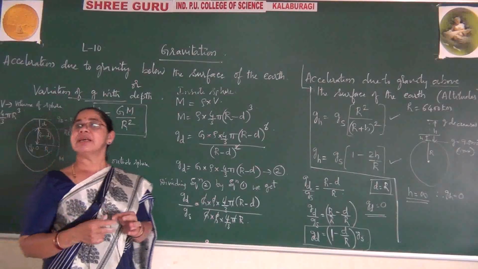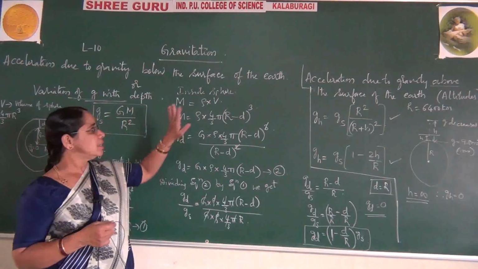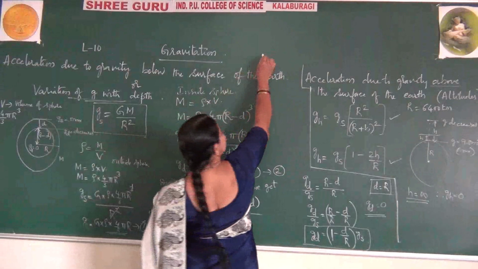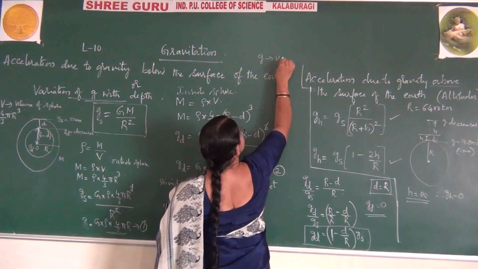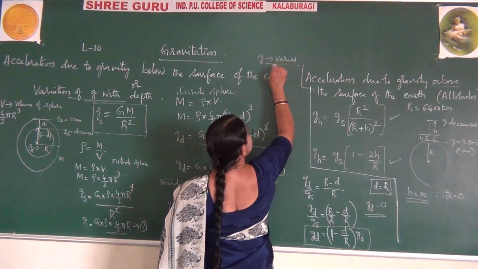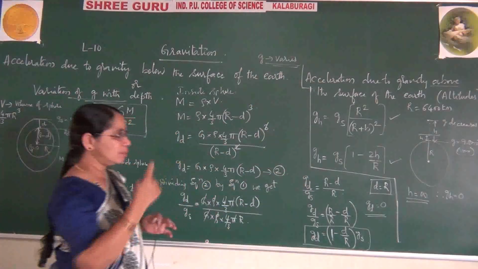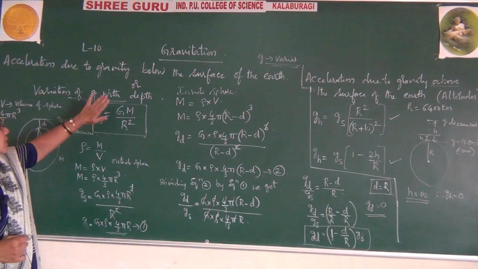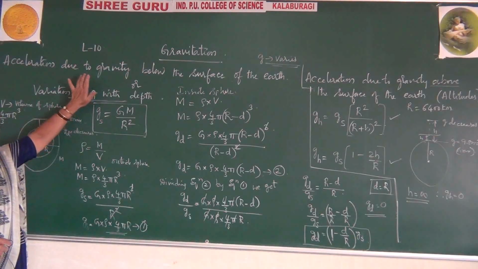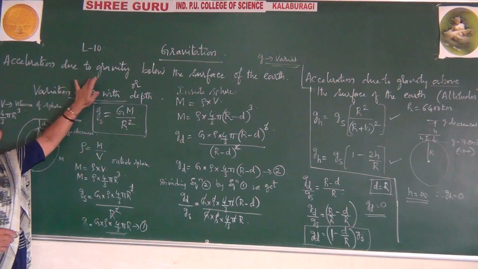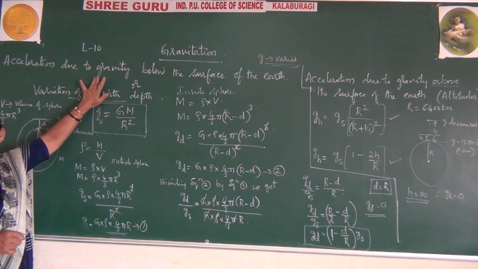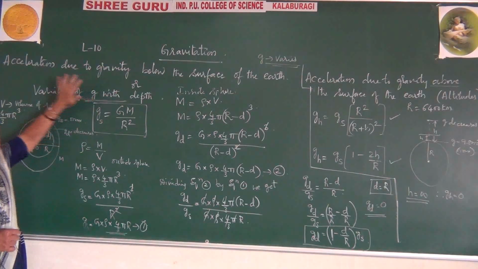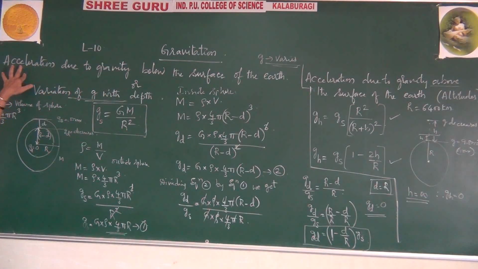Because in the previous lecture I said that this small g varies from place to place. Now we have observed from these two derivations how g varies. This derivation is very important for 5 marks. You can expect it in the PU board exam as per the NCERT syllabus, for a 5 mark question, or sometimes they may reduce it to 3 marks, but most times it is for 5 marks.